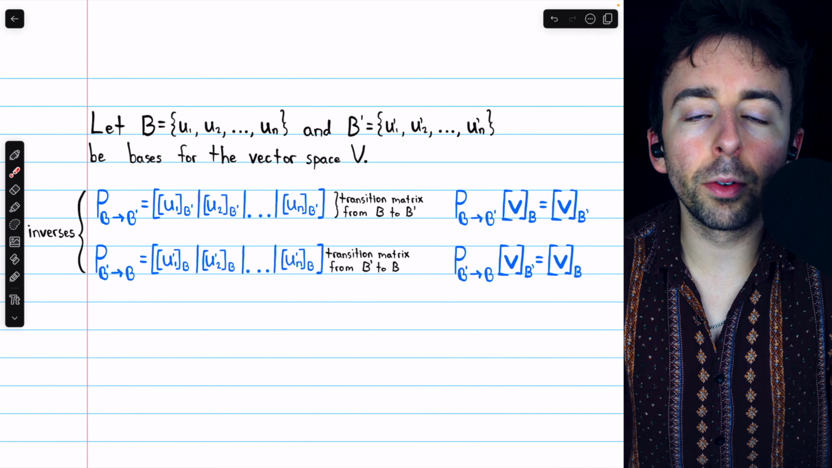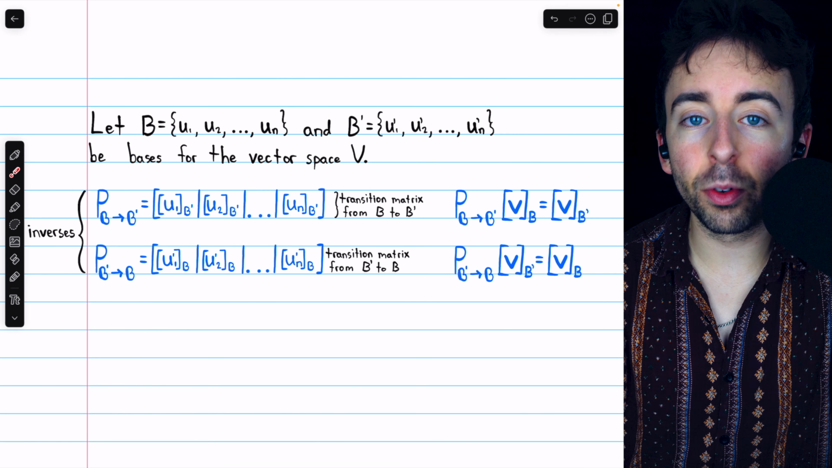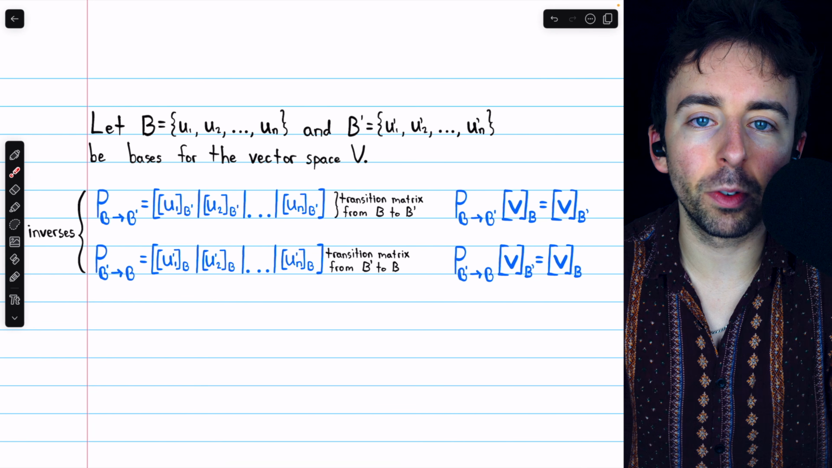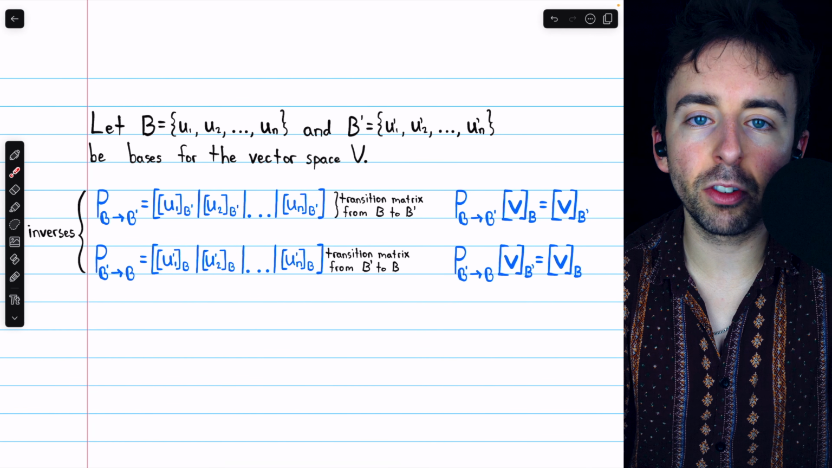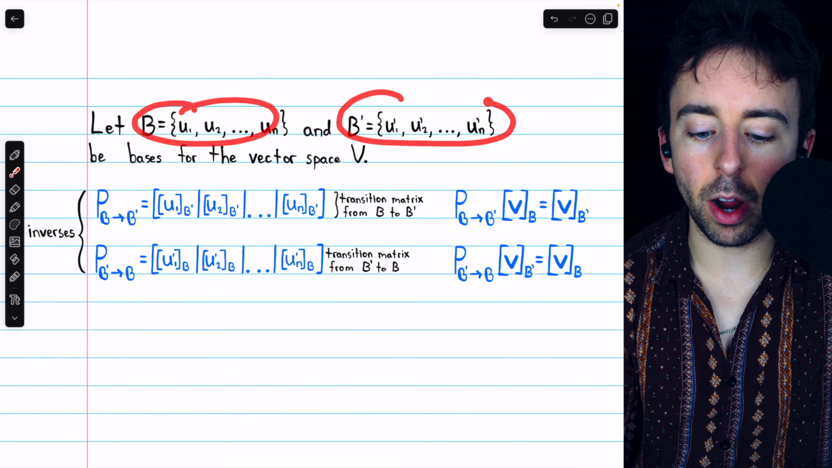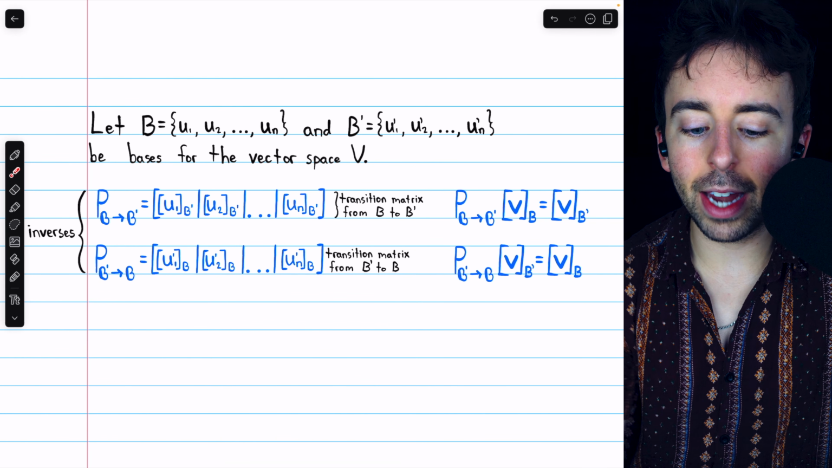bases. In order to understand this connection, an important theorem is necessary, and to understand the theorem, let's make sure that we're all brushed up on transition matrices. I'll leave a link in the description to my lesson where we originally covered transition matrices, but let's just do a quick recap. If B and B prime are these two bases for the vector space V,